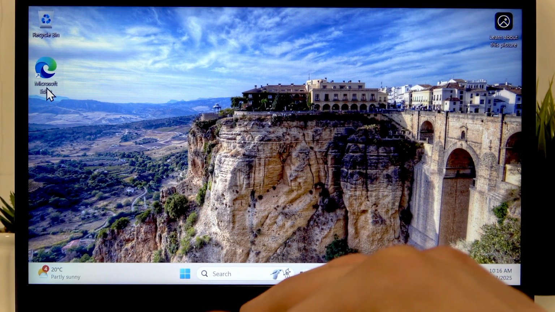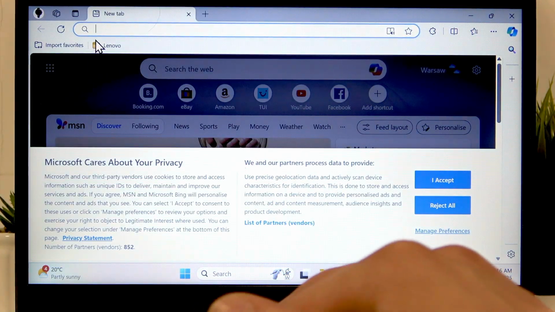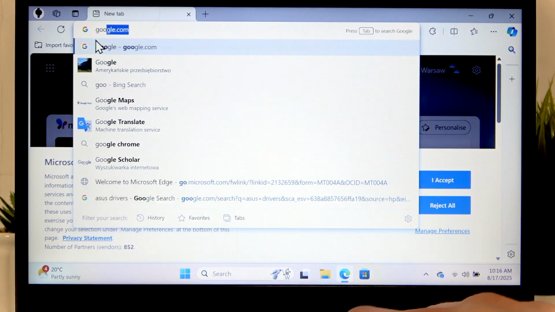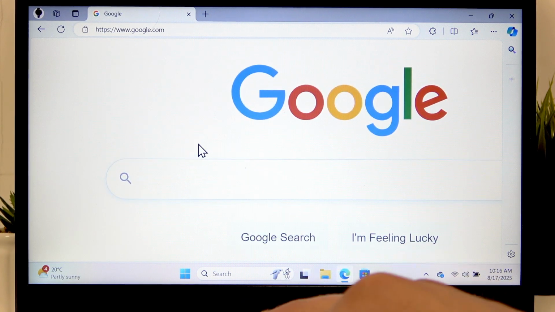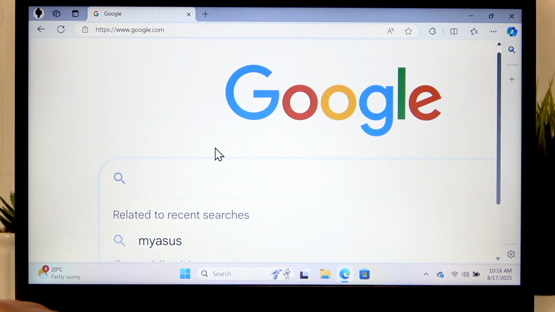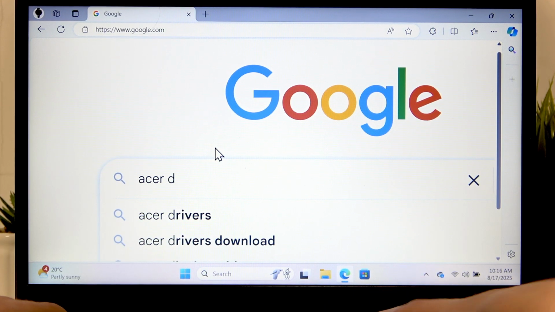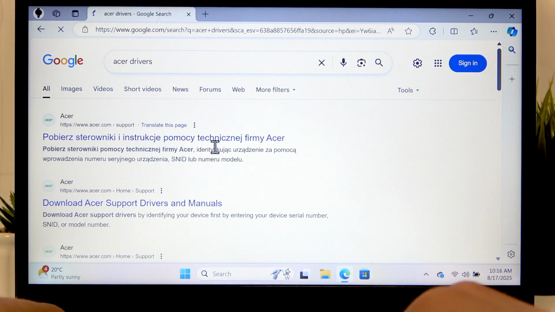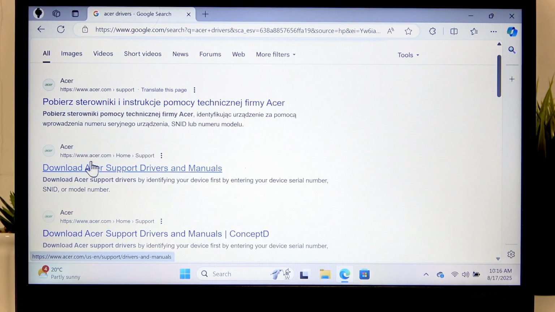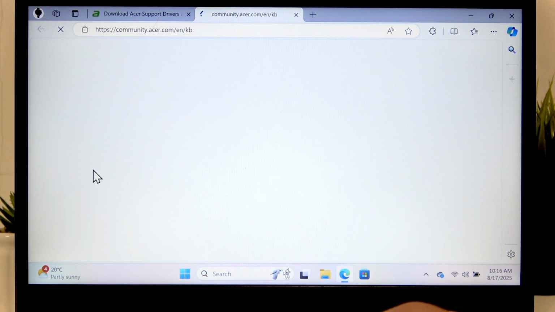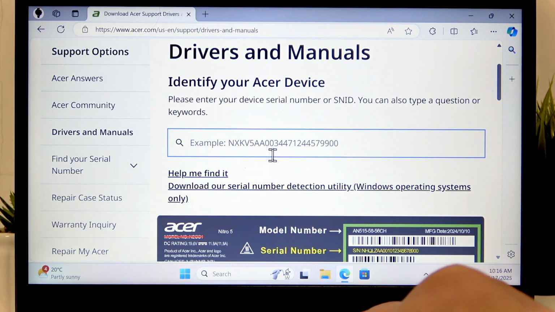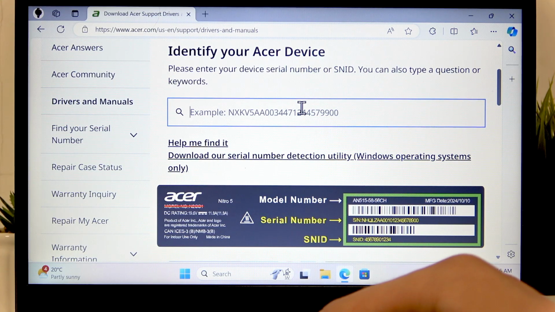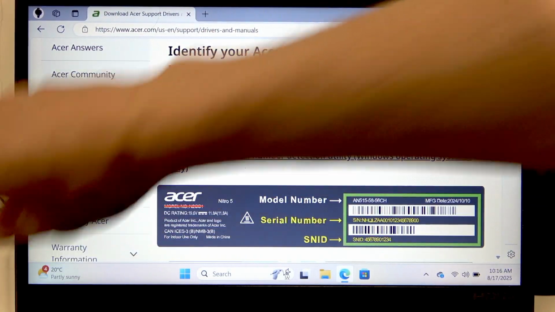Except you're gonna need either your serial number or SNID, but I'm gonna show you how to check it. So first open your web browser and then open any search engine, then search for the ACER drivers. Then find the official ACER.com website that says download ACER support drivers and manuals. Open this website, and in the following field you'll have to enter either your serial number or SNID. So let me show you how to